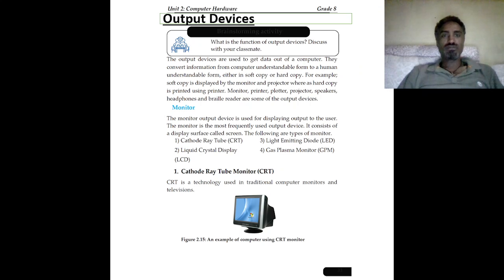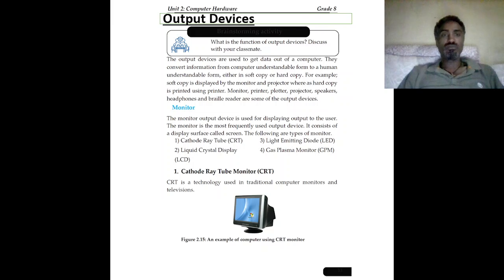Here is the last lesson for the grade 8 textbook, which is about output devices. A computer can perform functions or work on tasks. A computer can input, process, output, and store using devices. How can we input? By using input devices like a keyboard and mouse, the basic input devices. How can we store? By using a secondary storage device, which is a hard disk. A computer has a hard disk that enables it to store.